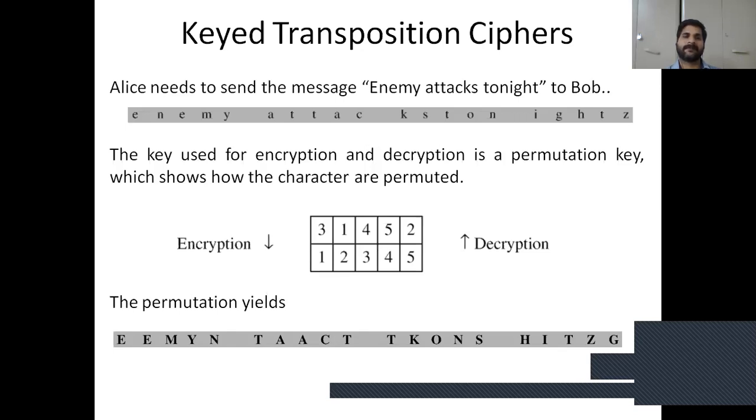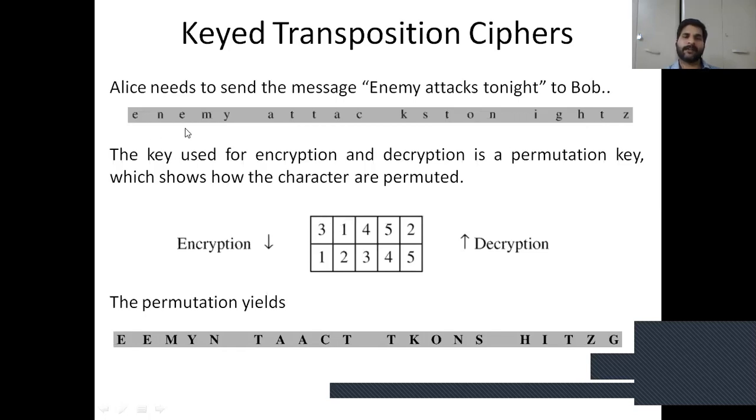Encryption: the key is 3 1 4 5 2, and the permutation is like that. First we write the sentence in the form of a matrix. ENEMY, ATTAC, next KTONI, GHTXZ. Now the key value 3: the third column is E, and next is the letter...